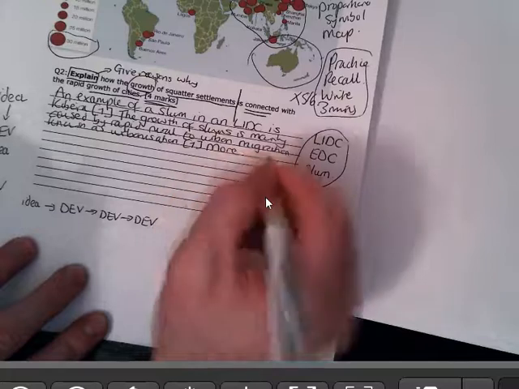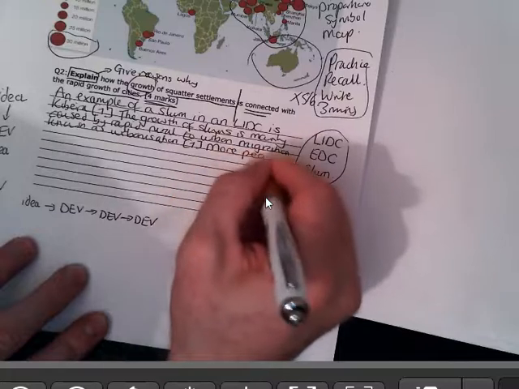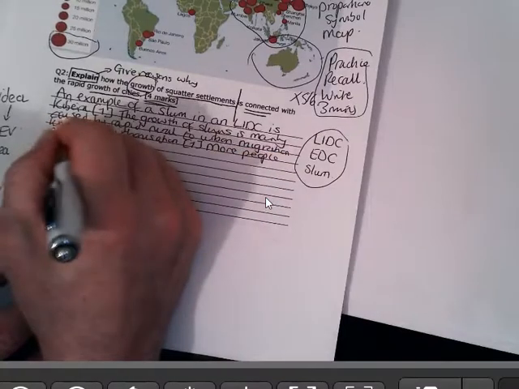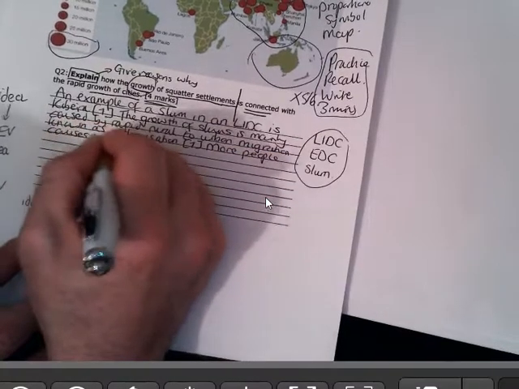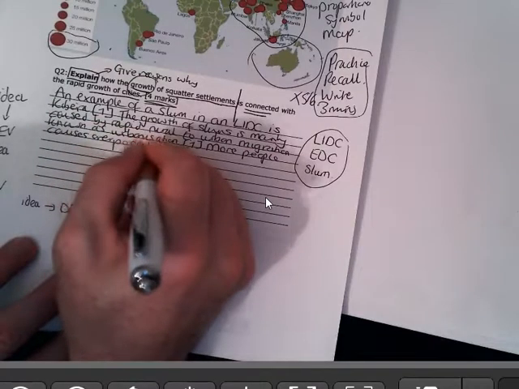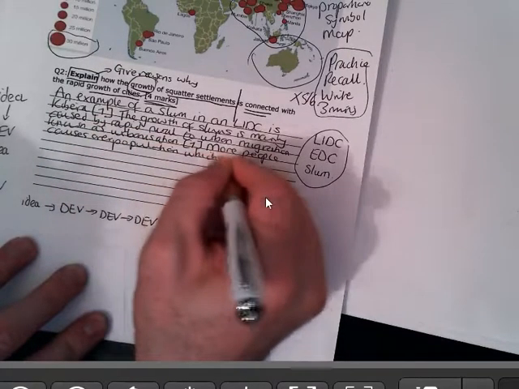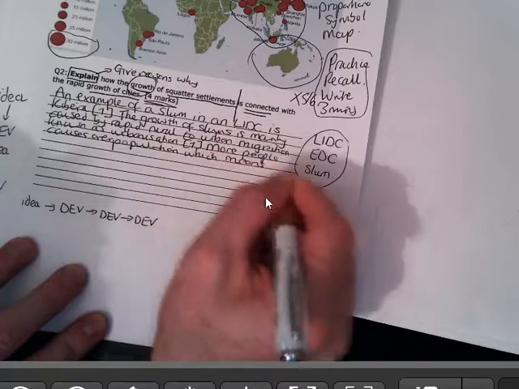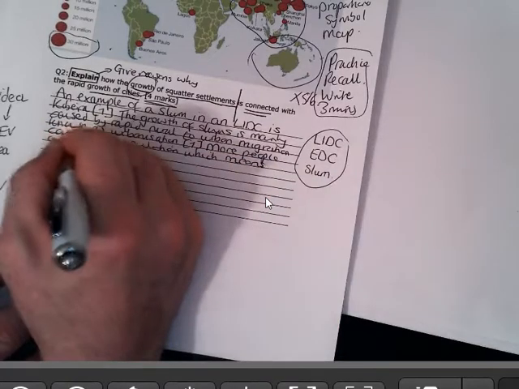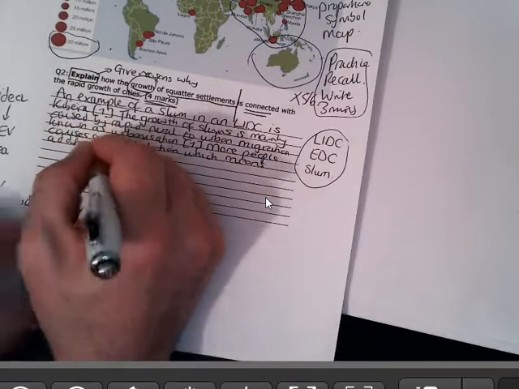More people causes overpopulation, which means additional slum